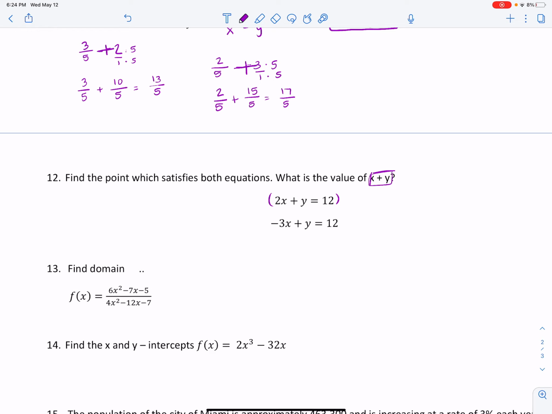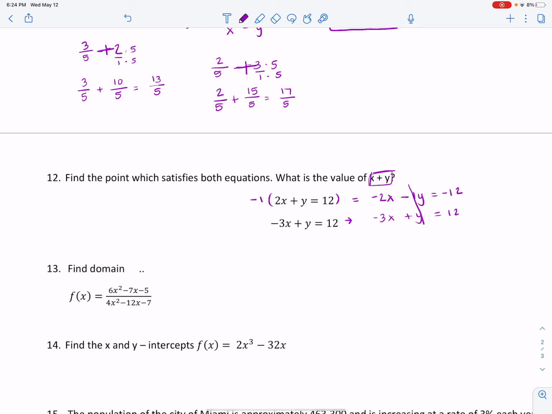You can multiply the top equation by 3 and the bottom equation by 2. I'm going to multiply the top equation by -1. It's just another option, because -1 times 2x is -2x, -1 times y is -1y, and -1 times 12 is -12. Bring the second one over, so -3x plus y equals 12. So now what I have is